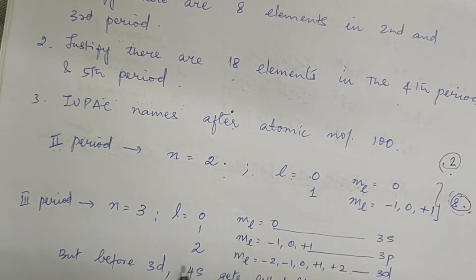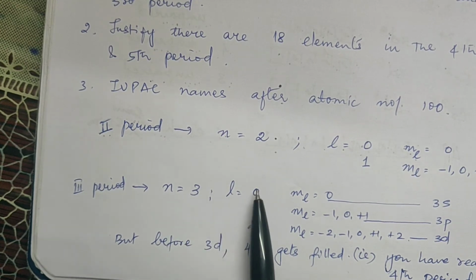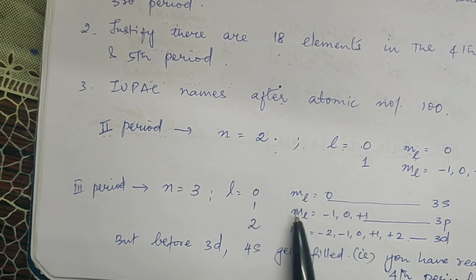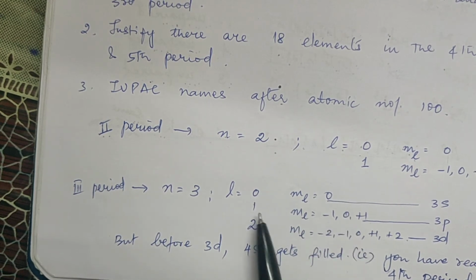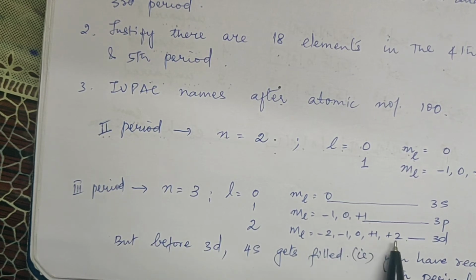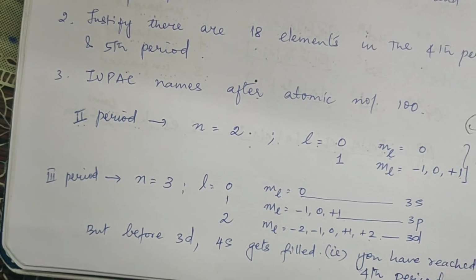Same way in the case of third period. Now in the case of third period, n is equal to 3, L is equal to 0, 1, 2. ML is 0 for L is equal to 0. ML is minus 1, 0, plus 1 for L is equal to 1. And it is minus 2, minus 1, 0, plus 1, plus 2 for L is equal to 2. Right? Okay. Now,